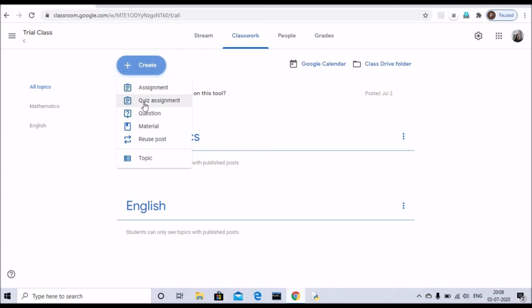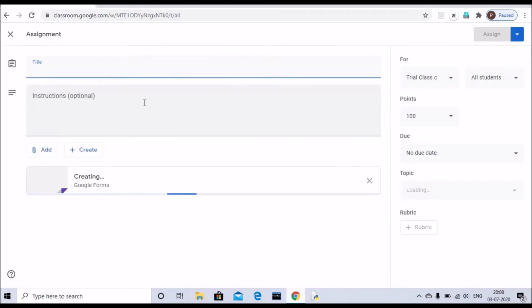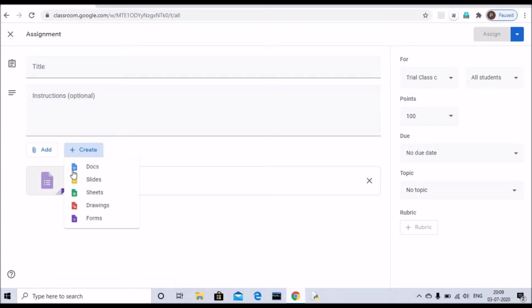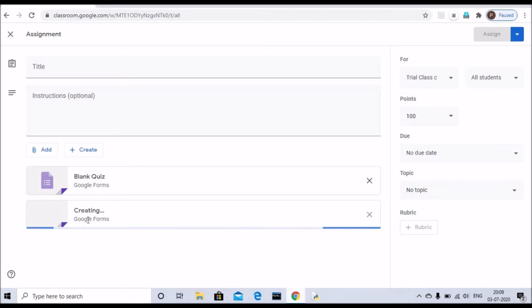Now in the create, I have to say quiz assignment, right? When I say quiz assignment, this one I have already put in. So I am making a new one here. So I am saying forms. Now when I click on forms, my Google Form will get opened.